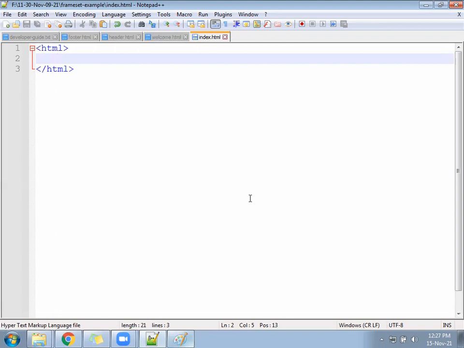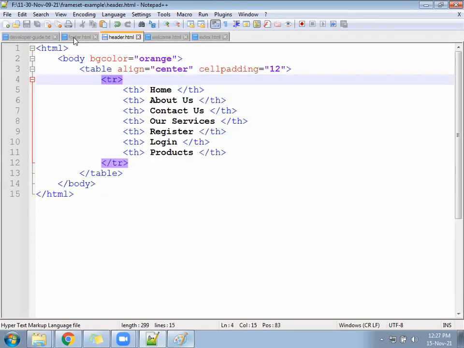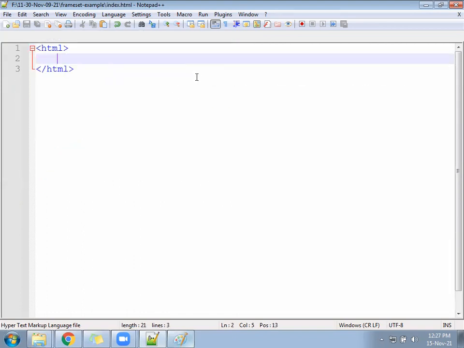The body tag we have followed in all the child pages. Welcome has the body, footer has the body, header has the body, whereas the body will not come in the index file. Index is going to be the master file. What will come there?